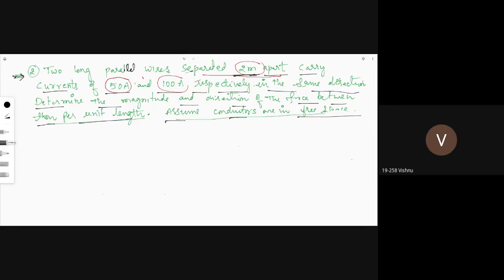Please, all of you note down that problem. Okay, very good. I hope everybody is ready. Okay, if you write, you will learn good. Completed? So, all of you keep the calculators beside. And we are going to solve more problems in this class based on force due to magnetic field.